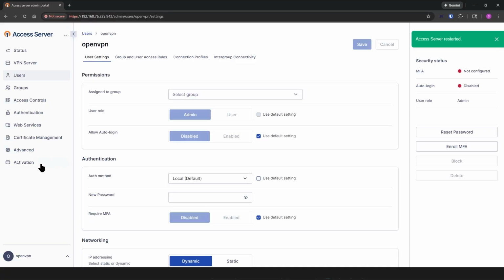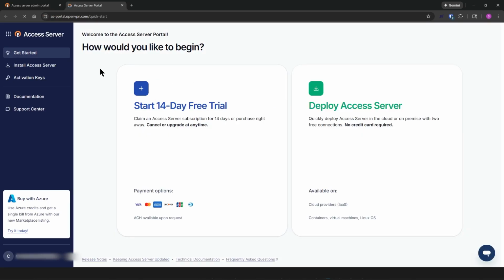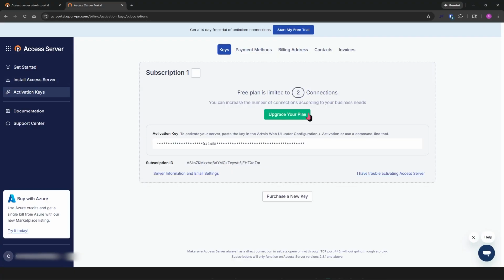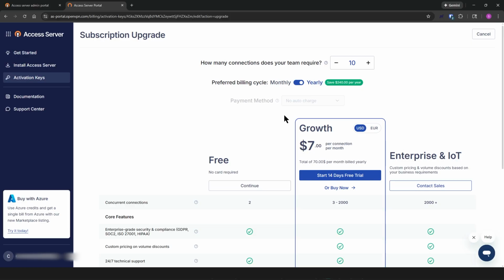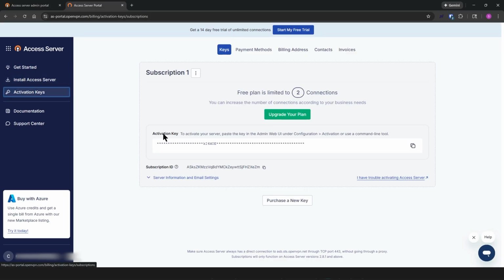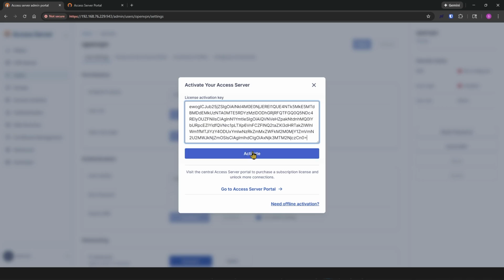At any time, if you need to upgrade your subscription, click on Activation. Click on this link that says Go to Access Server Portal. This will take you back to the Access Server Portal. You can click on Activation keys, either upgrade your plan or purchase a new one. Either one is going to take you to this page that you can choose the number of connections that you need. You can choose your billing cycle, either monthly or annually, and then purchase your subscriptions. Once done, you will receive an activation key such as this one. Just copy that activation key, head back to your Access Server admin portal, and then paste that activation key and click on